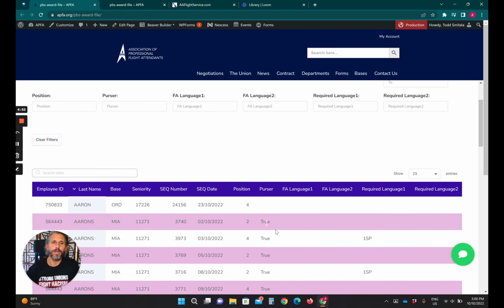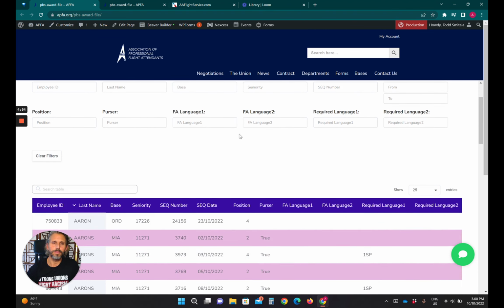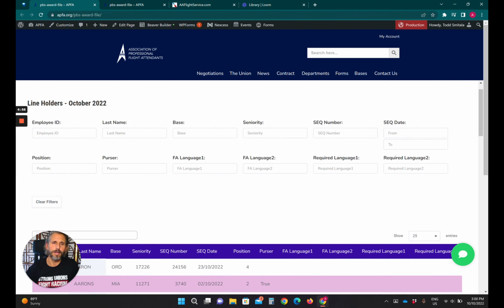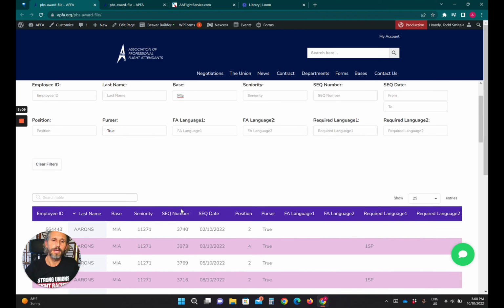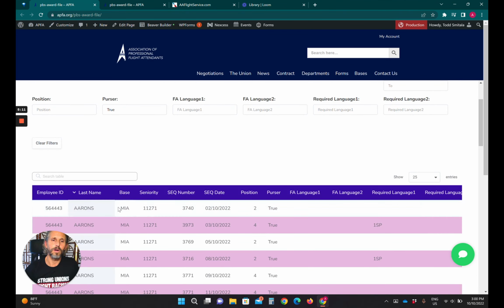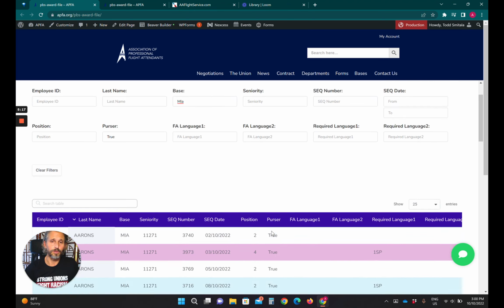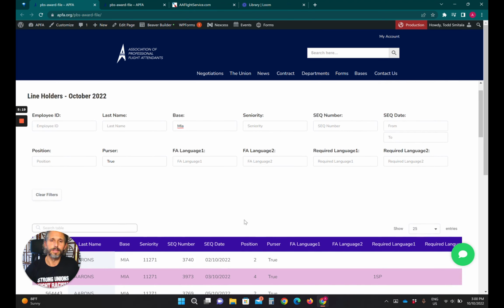So that's sorting the entire table. If you need to be a little more specific, we already gave the example of the pursers. Maybe I'm trying to find trips or just find information about the pursers in Miami. Now these are all only Miami base appearing here and only purser qualified flight attendants. So I can do whatever research I'm trying to do here. I'll get into more